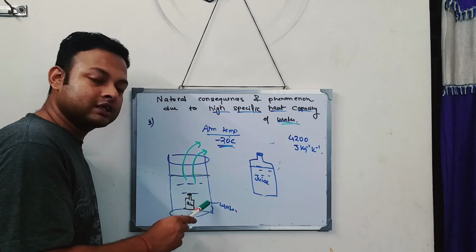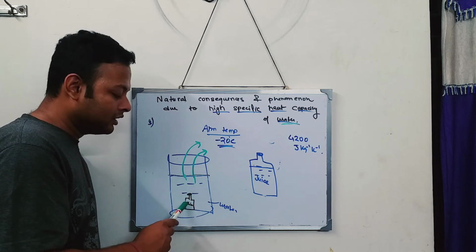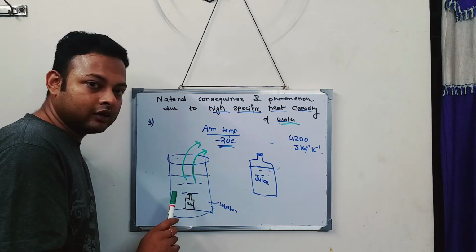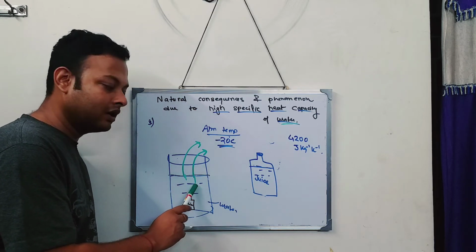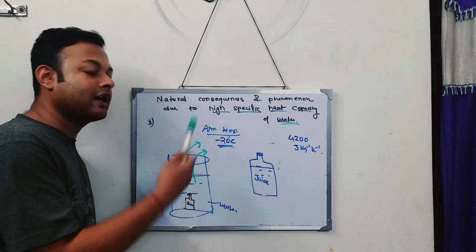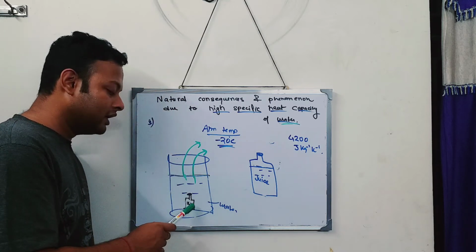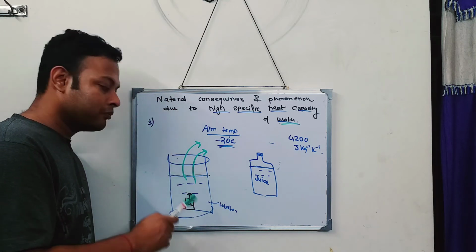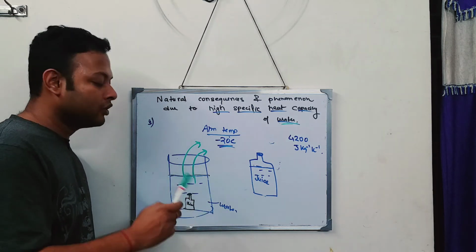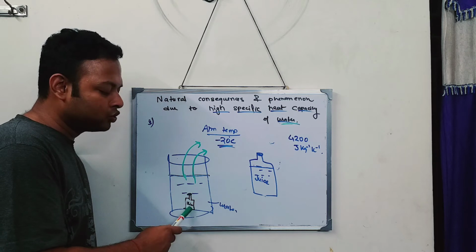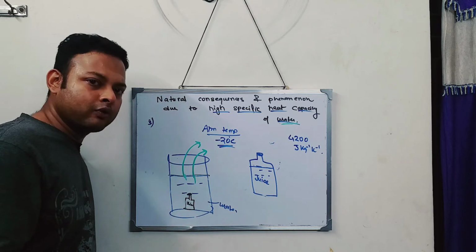So the water stays in the form of water, and the juice right now, no one is touching it. The heat cannot go from the juice. The heat has to go from the water, and after the water has given all the heat, then it can take the heat from the juice. But the water giving all the heat will take a long time. And for that long time, the juice will stay in the liquid state.